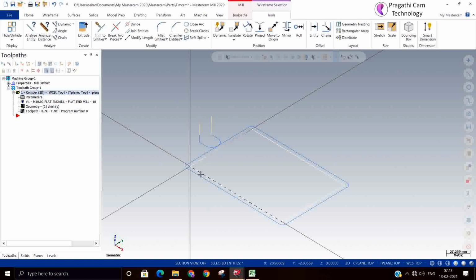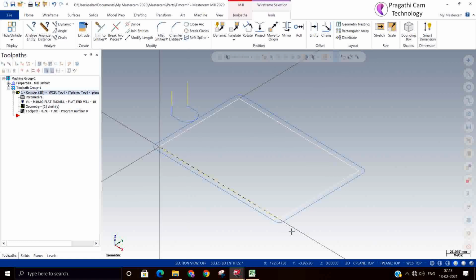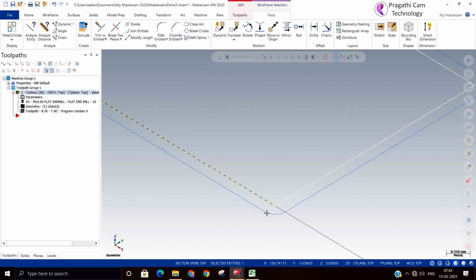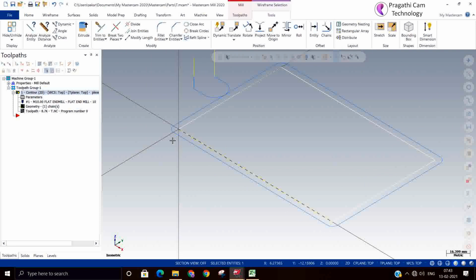Once it comes to the end, x has to stop, and y movement has to start. So at the end, x feed rate is 0, it has to stop, and then the y-axis movement has to start.